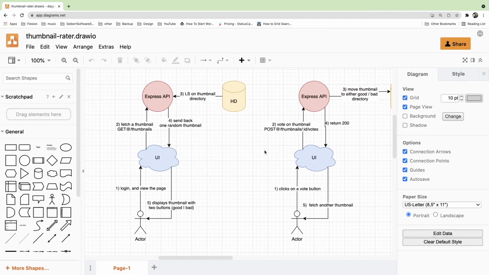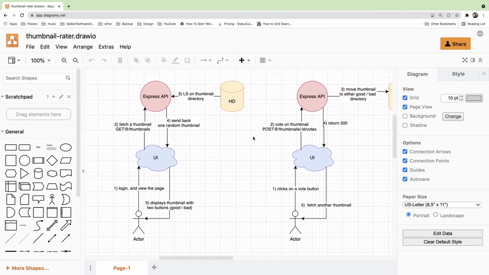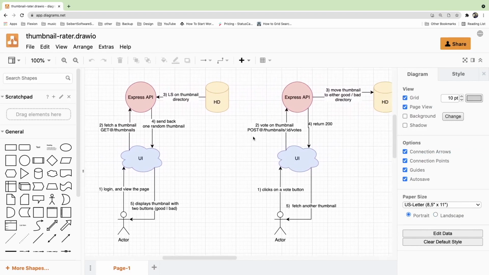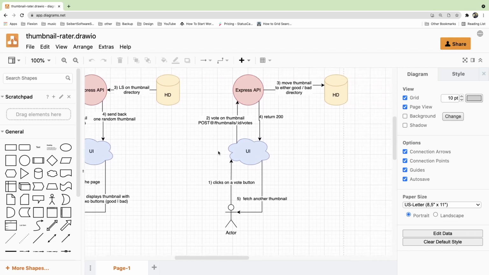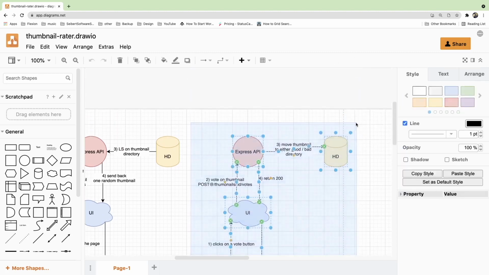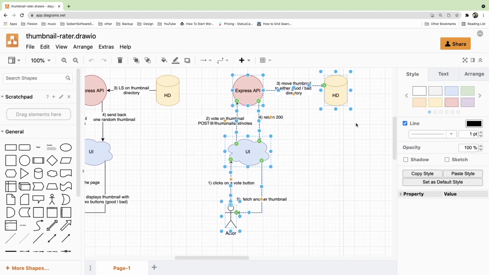All right, in the last video, I talked about how I typically plan my software projects or like my small little web applications. And I usually start with diagrams that help me visualize what the user is going to do in the system and how the system kind of reacts to the user's actions. So I figured I would start to try to implement some of this logic using test-driven development and see how well we do. This is going to be a live coding session, so I don't really have much planned